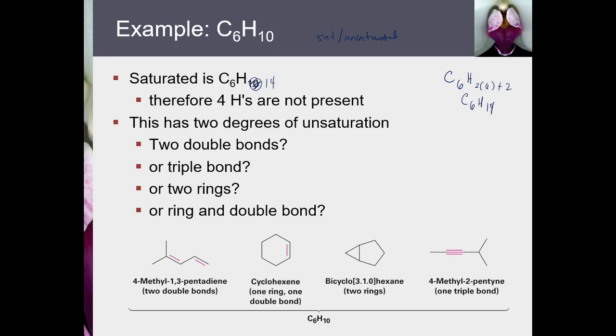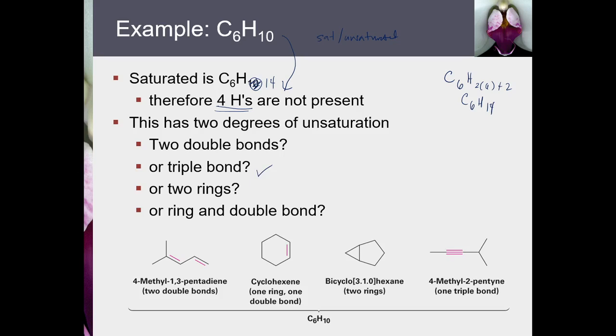It's C6H10. So, ano ang nangyari? May apat na hydrogens na nawawala. And sabi ko nga sa inyo earlier na every two hydrogens, merong possible bond na na-form. So if you have four hydrogens that are not present, this only means na meron kang 2 degrees of unsaturation. So, ano yung mga possibilities ng 2 degrees of unsaturation? So you have two double bonds, o kaya naman yung lahat yung apat na hydrogens na yun ay inalis to make a triple bond, o kaya naman